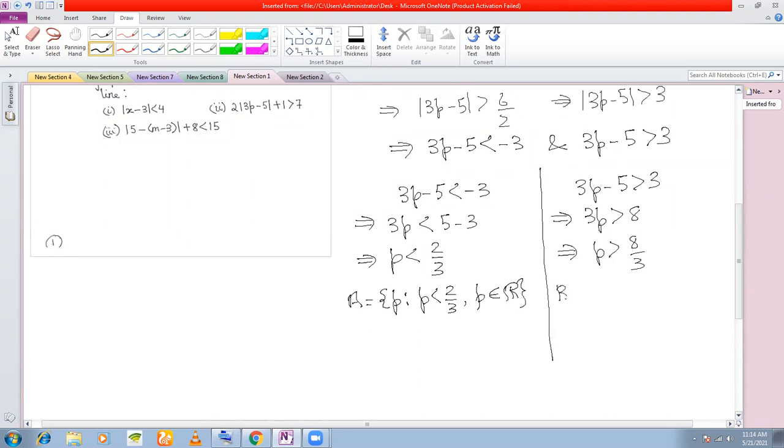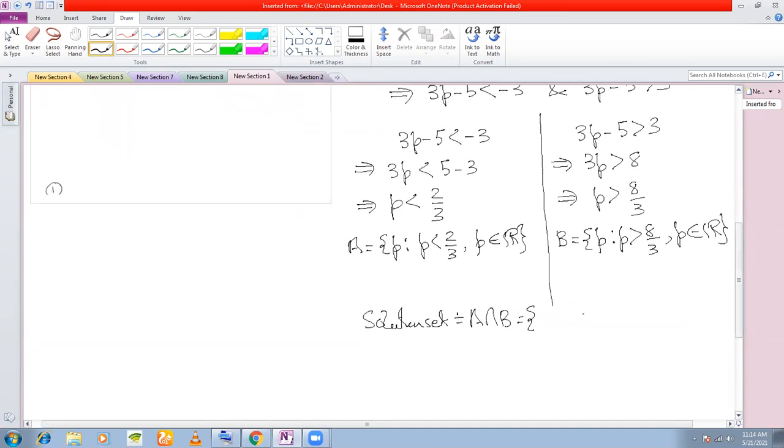What is the solution set here? P such that p greater than 8 by 3 and p belongs to R. So what is the solution set? A intersection B. And what should be the intersection of these two sets? P is less than 2 by 3. P is also greater than 8 by 3. That means,